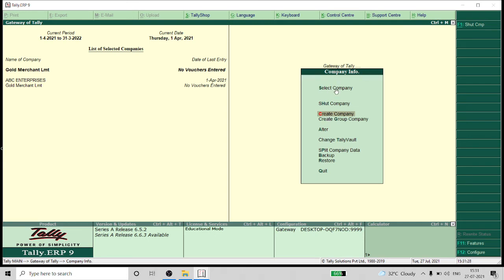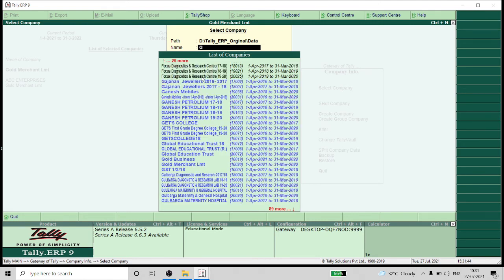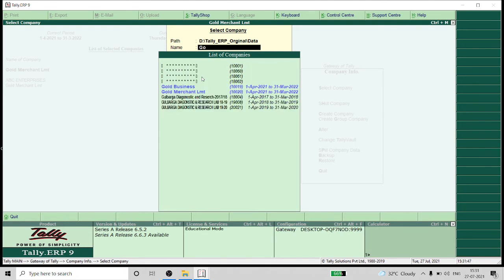This is the select company option. If you have already created many companies, to select a company, you just go here. So these are the list of the companies I am having. Among these, if I want to select this Gold Merchant, my company, it is here. So this is my Gold Merchant Limited company which I have created just now. Can you see the number here, 10020?